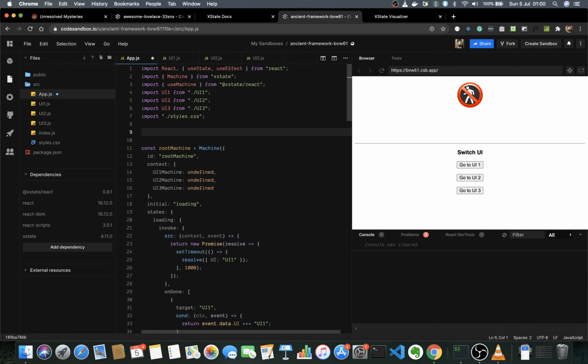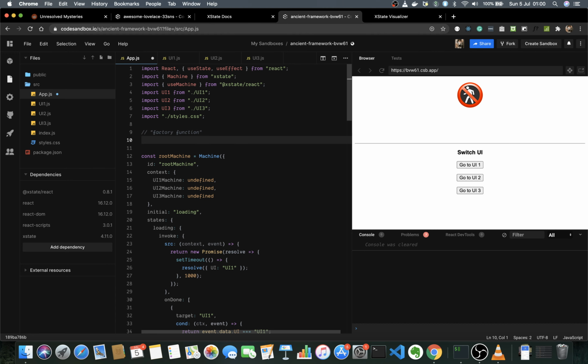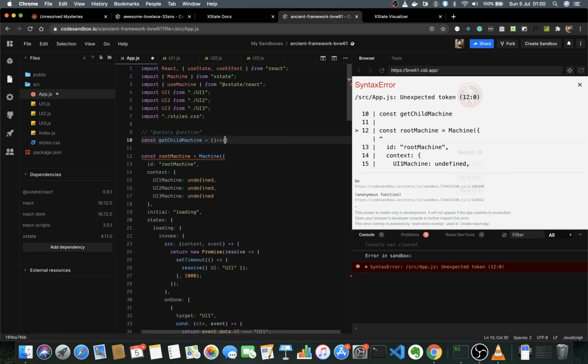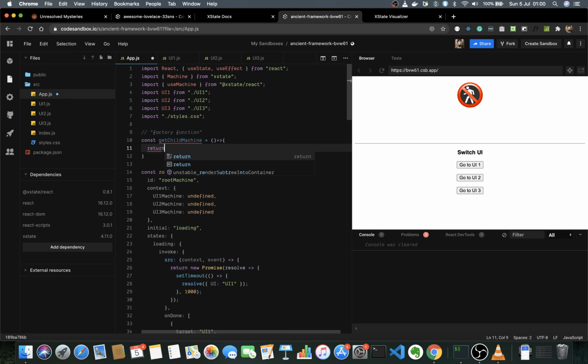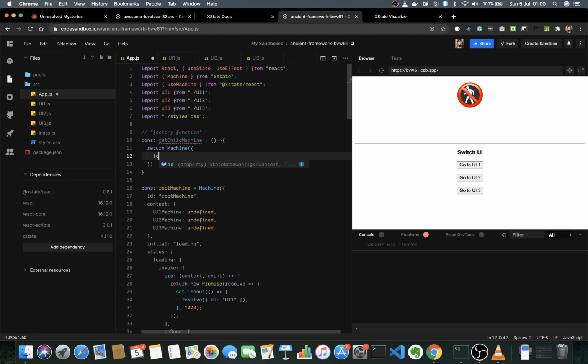So let's create a factory function, within quotes. This is nothing but creating a function which is going to return a new machine each time whenever I pass in some object. Let's call our factory function getChildMachine, and it's going to give us a new machine each time, and each machine is going to have an ID of